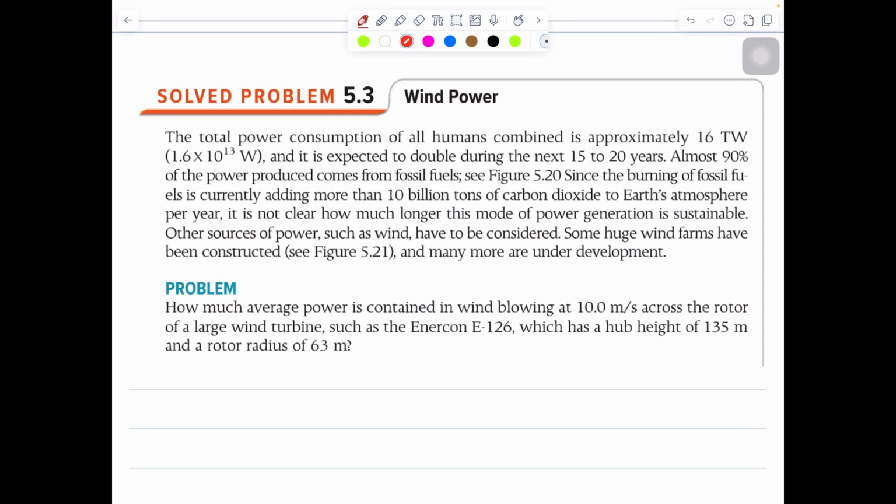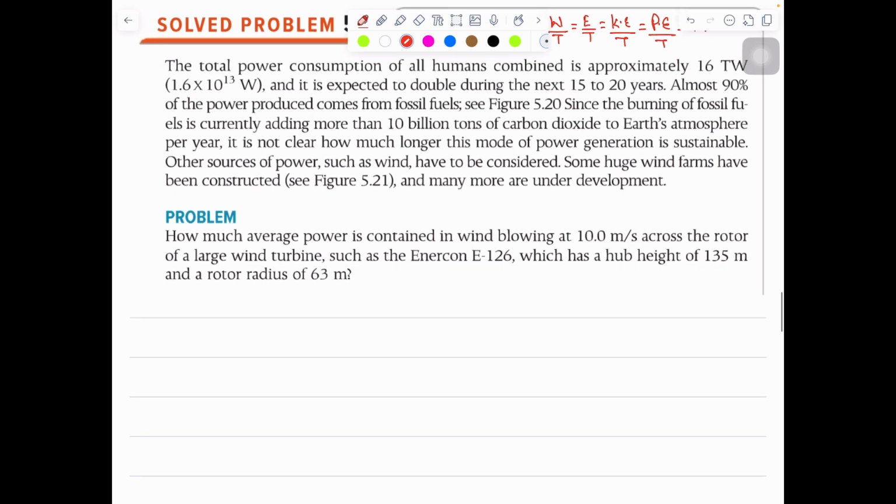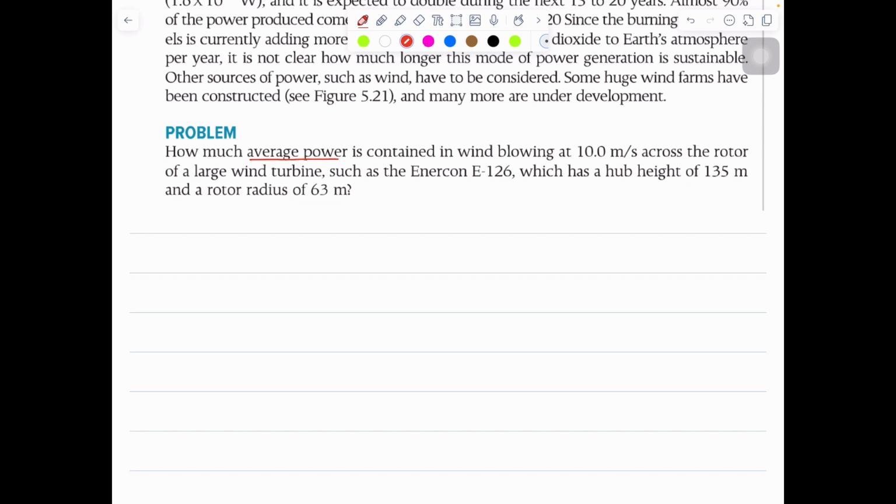Now the next question is about wind power. So we are going to solve something related to power. We know power is equal to work done over time, energy over time, kinetic energy over time, potential energy over time, which is equal to force times velocity. Now let's read the question. How much average power is contained in wind blowing at this much velocity, which is given, across the rotor of a large wind turbine, such as this one, which has